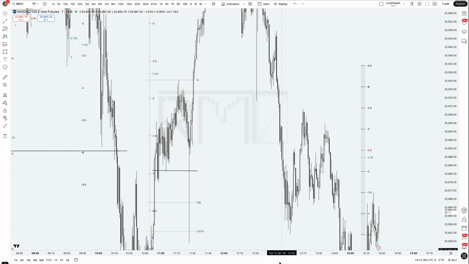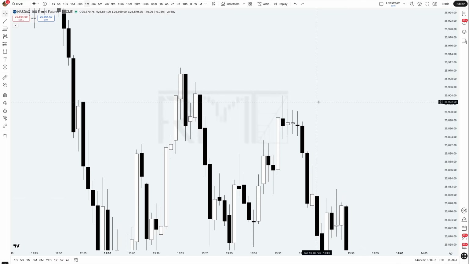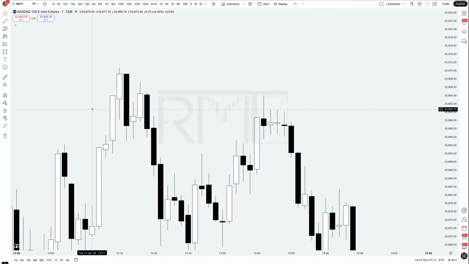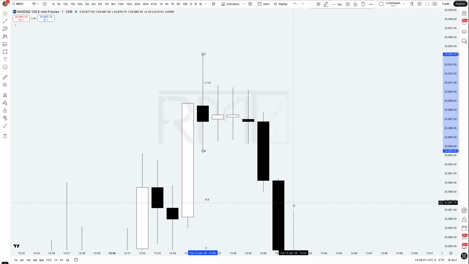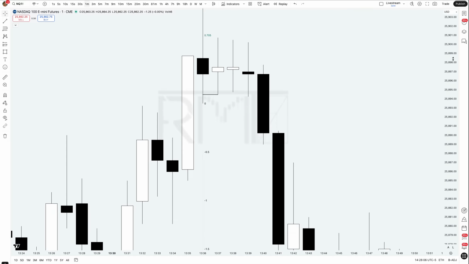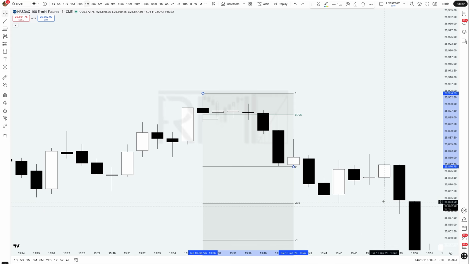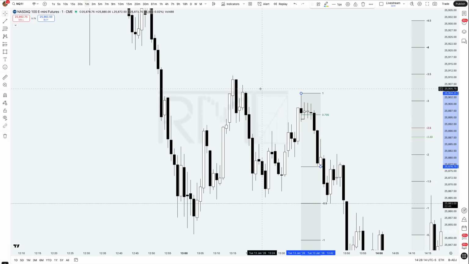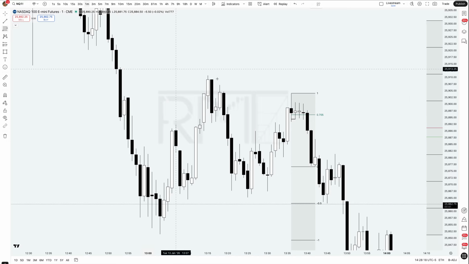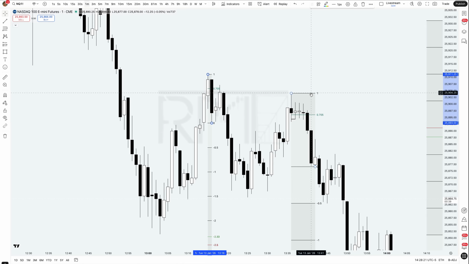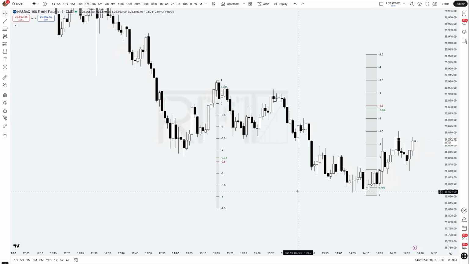So for example, let me see. Imagine, for example, like this one. That was a swing, not a doji candle. So I measure from the high to the next opposite color candle low. But the next opposite color candle has a higher low, right? So I need to go to the next opposite color candle. In this case, it should be this one here. That's not the case, because it's not the correct swing high. We have another one here that was higher than this one, but this one should be like this one. Yeah, take off this one. Yeah, that will be